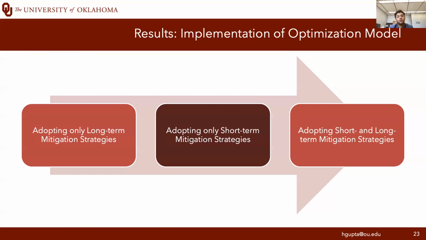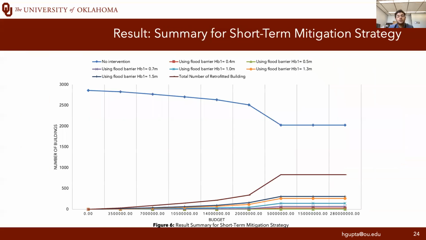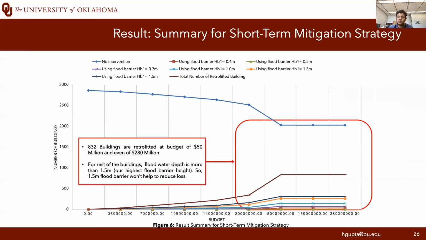And then I'm going to show the results of adopting only the short-term mitigation strategies. So here are my results. And if we notice, there is a certain reason: after investing $50 million, when we are investing more, we are not retrofitting buildings, because when we retrofit, this won't help us to reduce our total direct economic loss. So nearly 832 buildings were retrofitted at a budget of $50 million. And after that, no buildings were retrofitted, even if we invest more, because it won't help us to reduce our